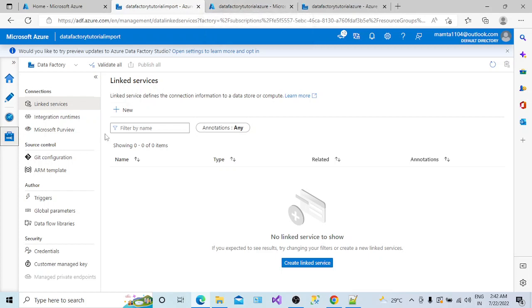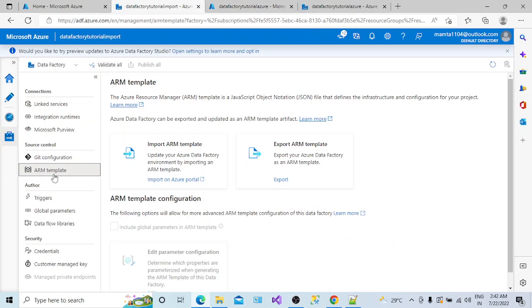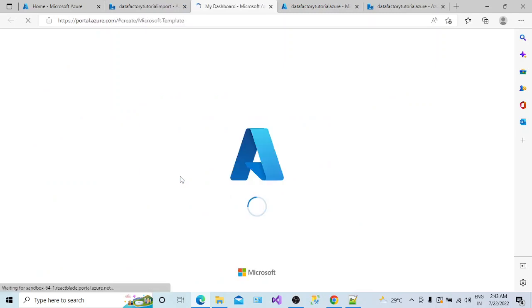So we have downloaded it. Now go to the ARM template, and in this case we have to import. So click on import on Azure portal. So this was the link. Once it opens,